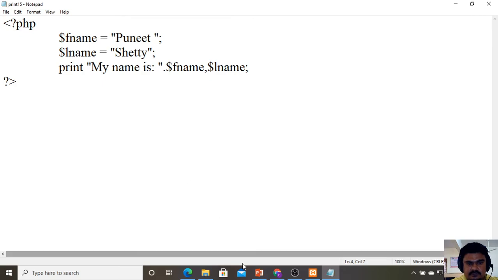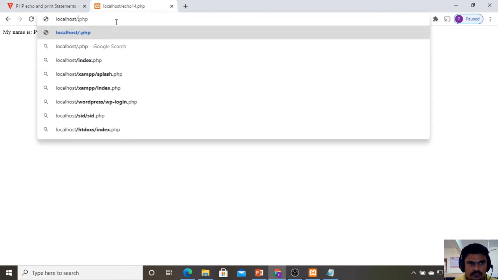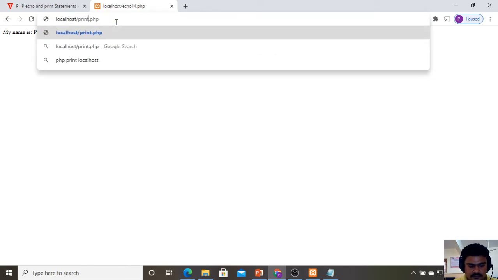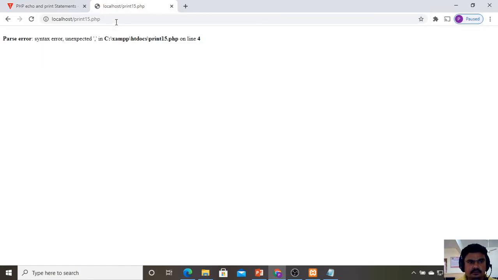Save it, saved successfully. Go to the browser and check it out, print15.php. So it is showing an error. That is because we can't include multiple arguments in the print statement.